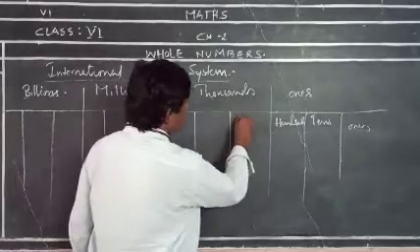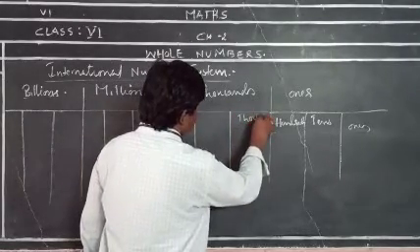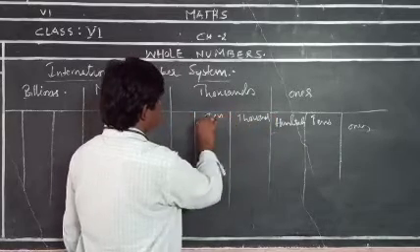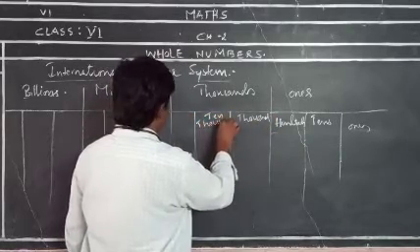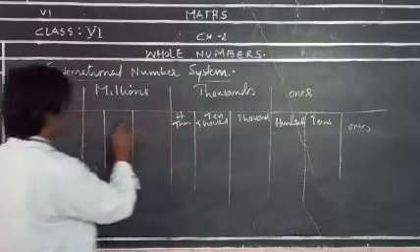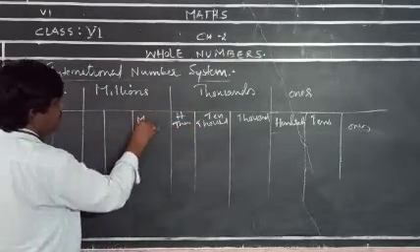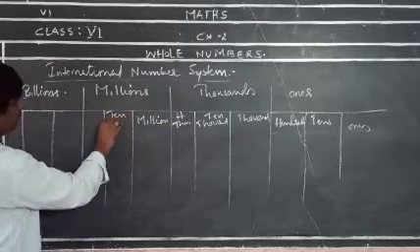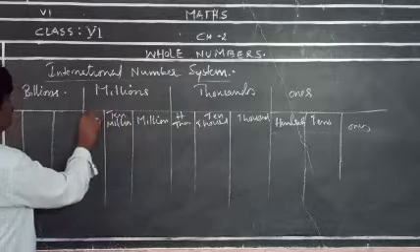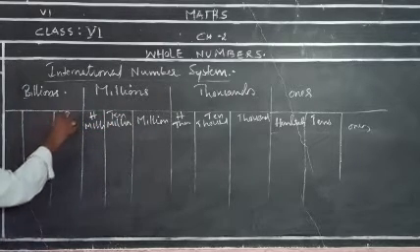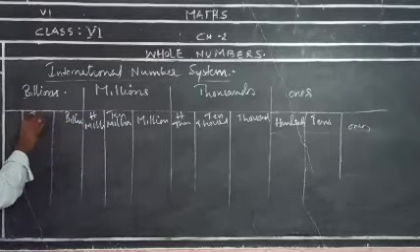In thousands: thousands, 10,000s, 100,000s. Next millions: millions, 10 millions, 100 millions. Then billions, 10 billions,